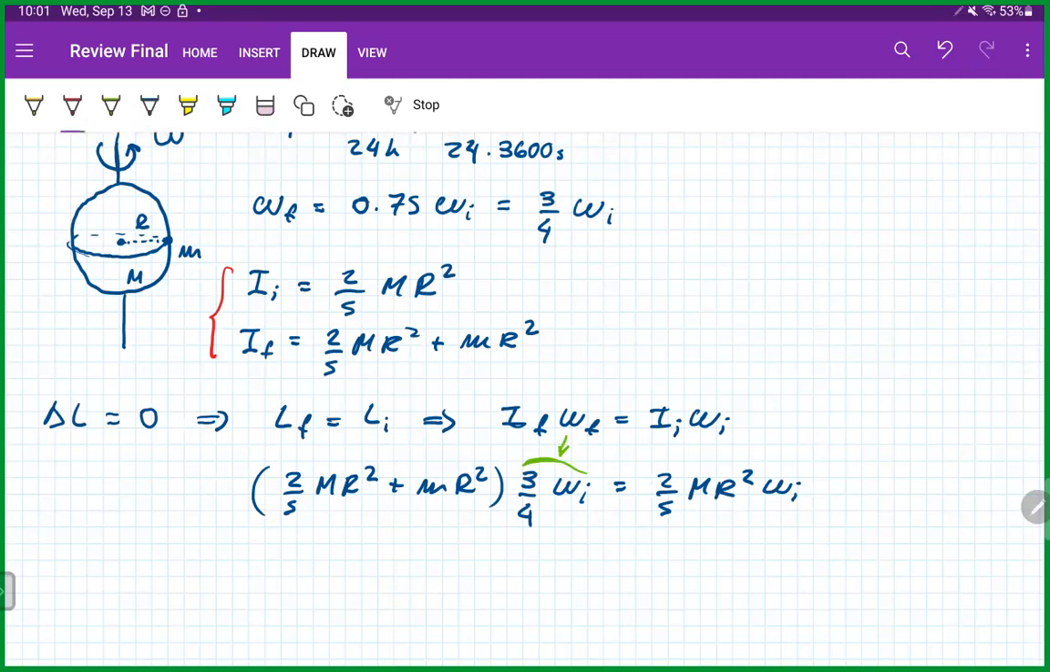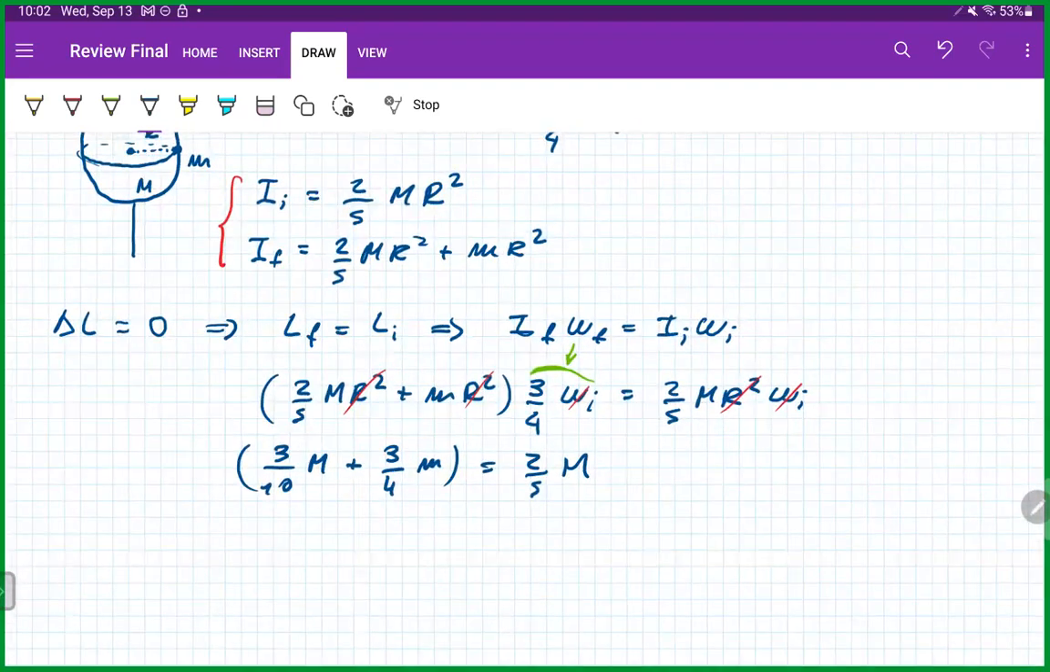And from this, what we can do is get rid of the r squares, omega I, and let's see, and then we can distribute the 3/4 and we get 3/10 M plus 3/4 small m equal 2/5 of M. And then we can solve for small m, which is 2/5 of M minus, so I'm getting the 3/10 to the other side, M,